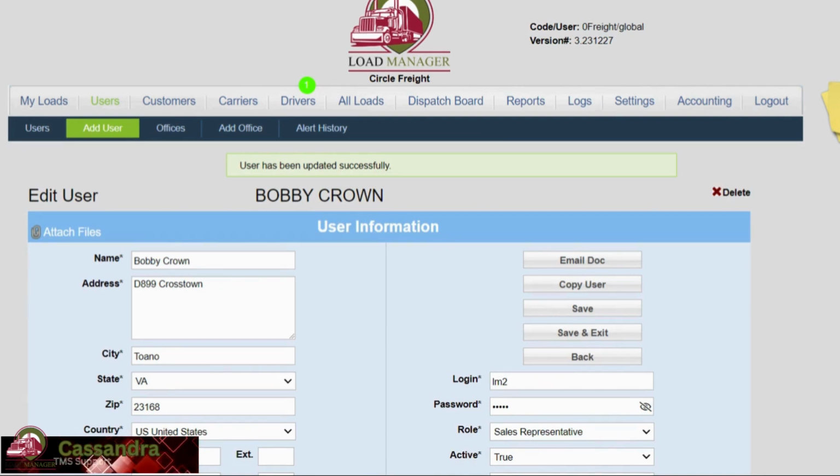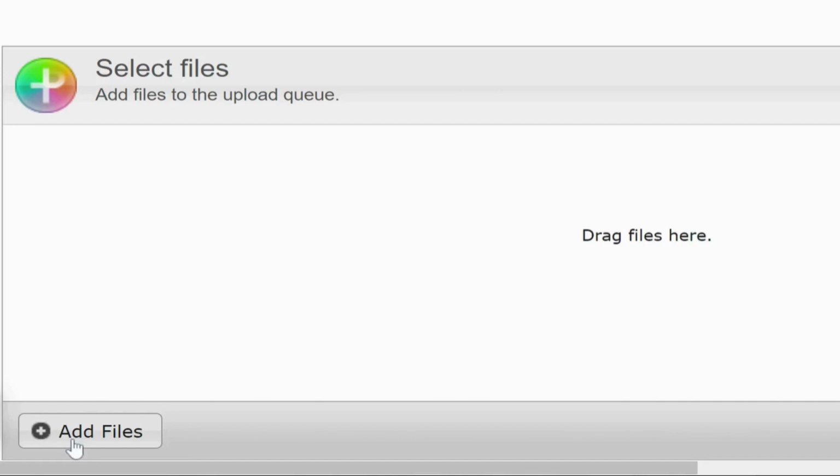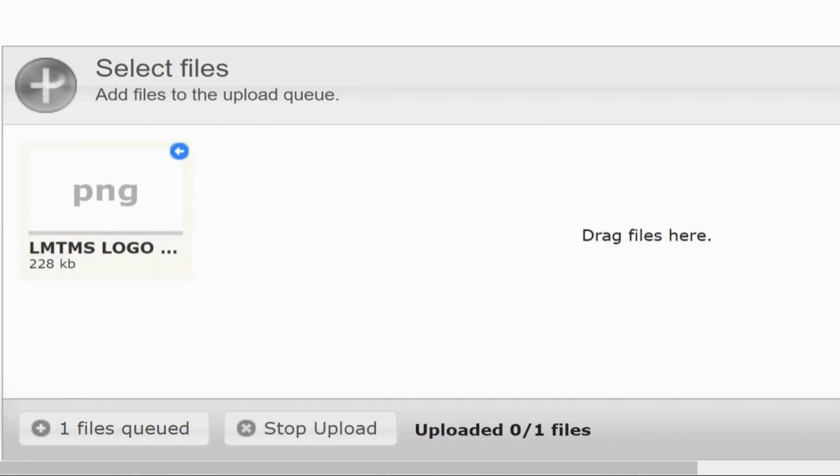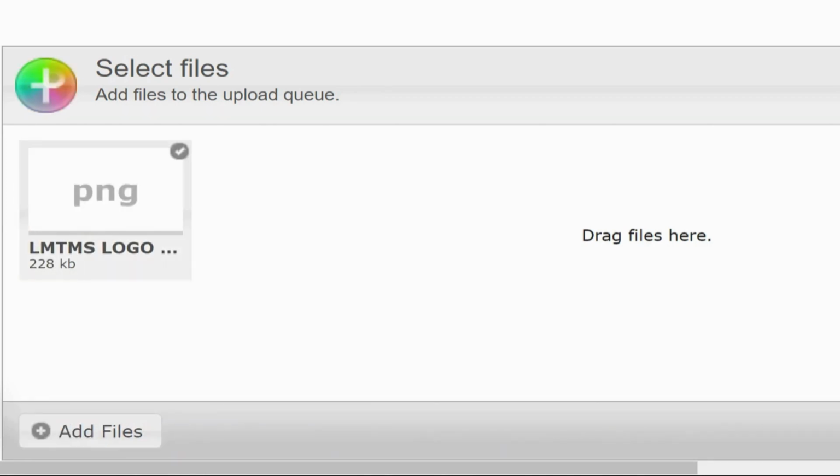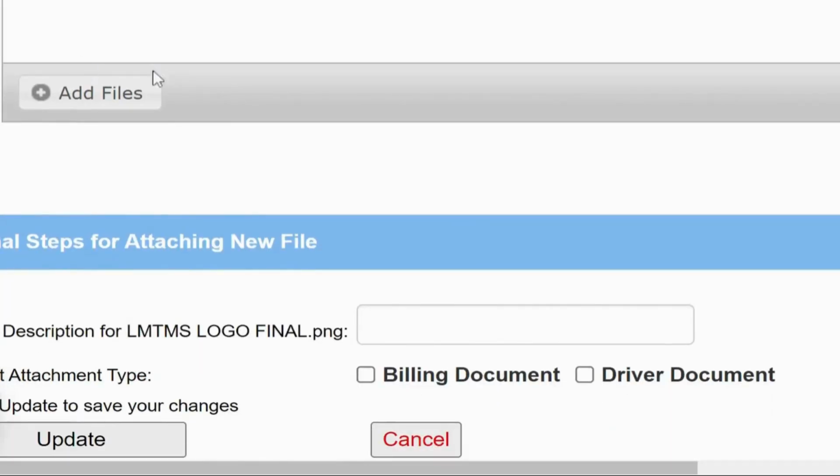All you do is click Add Files or drag and drop files. So clicking Add Files, I can choose a file and click Open. As you can see, it's going to work with most common types of text and image files. Once I've added, I can create a description